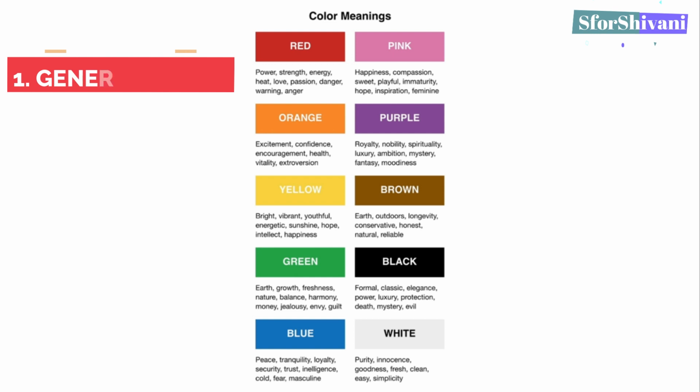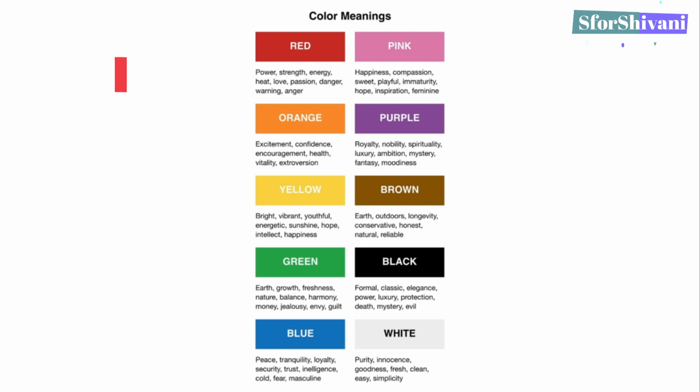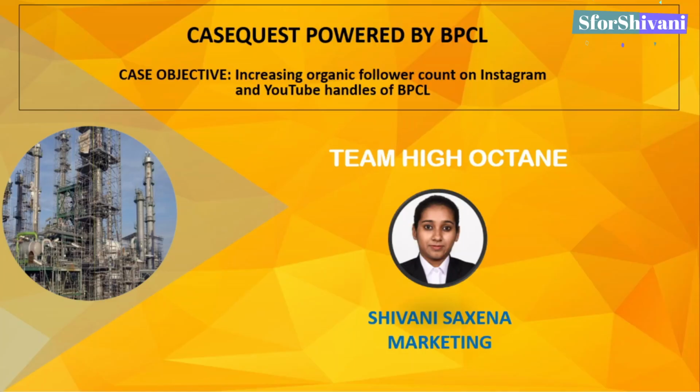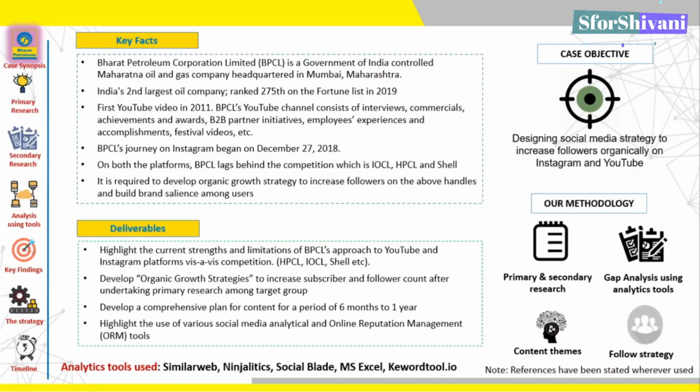The first style which I'm going to talk about is the general theme. So if you feel you have a shortage of time or if you're confused as to what you can do, then you can go with the general theme of the industry or the product. So in my case, I was participating in a case study competition for an oil and petroleum company. And when I think of fuel, I think of energy and vibrant colors. Hence, I decided to go with the colors orange and yellow in my presentations. I'll show you a snippet of the slide which I made using the same color theme.